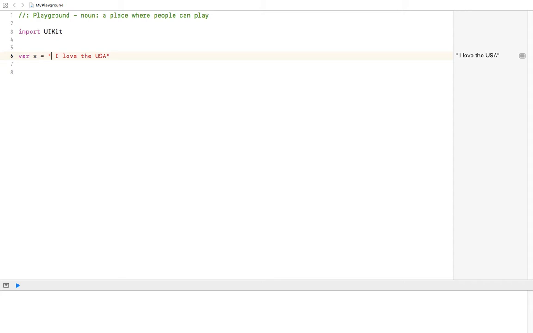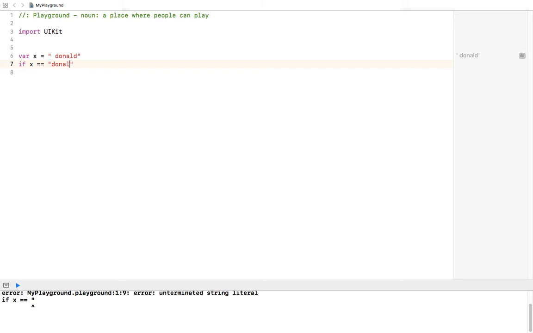No, let me just say something else. Let's say "Donald". Okay, so now I'm going to say if x equals, and here you have to use double equals, and put the same value there, "Donald",